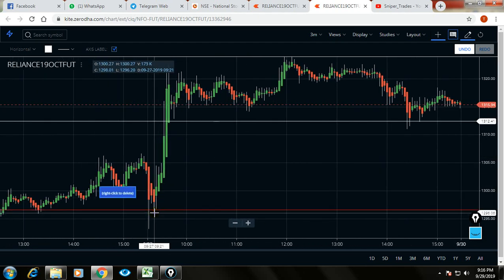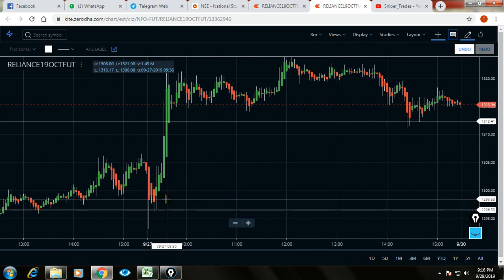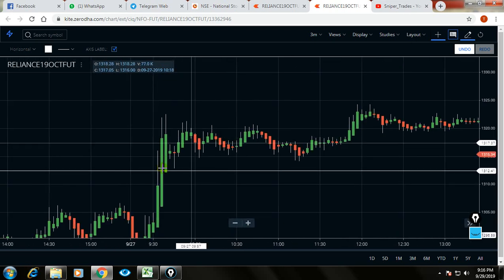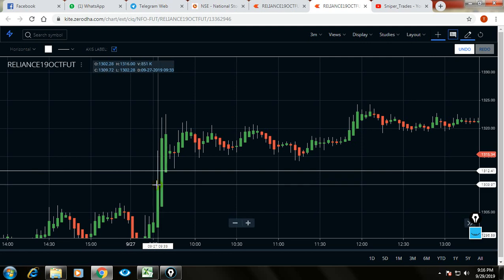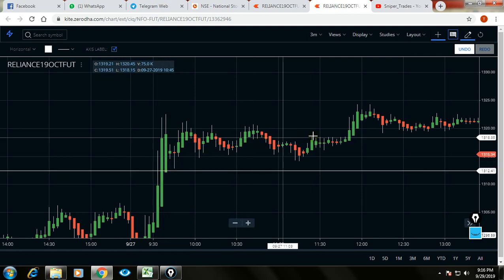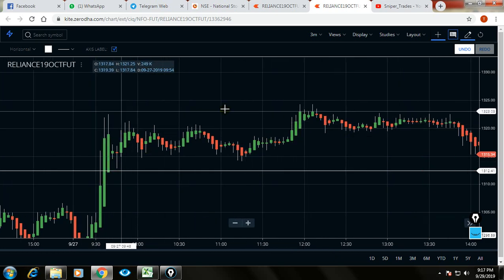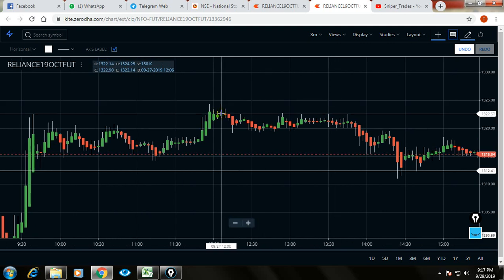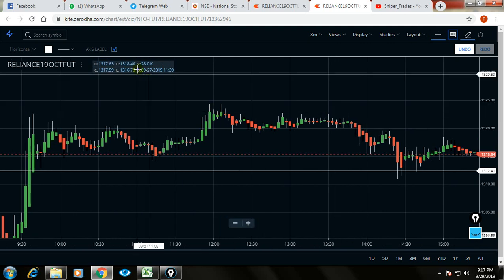We will not consider a position before 9:30. For safe traders, better avoid trades before 9:30. Let the price settle first. So the uptrend level is activated later, after 9:30, and the price moved further upwards. When we place the mouse cursor on a particular candle, the high price is shown here